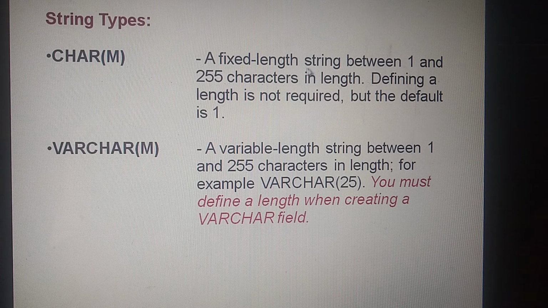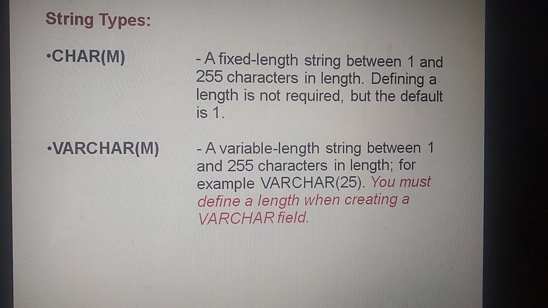The char is your fixed length string. Fixed length means the length will remain fixed. If you have given it size 10 and you are entering only 2 characters, all 10 bytes of memory will be utilized. Varchar is your variable length. Variable length means the size is not fixed.